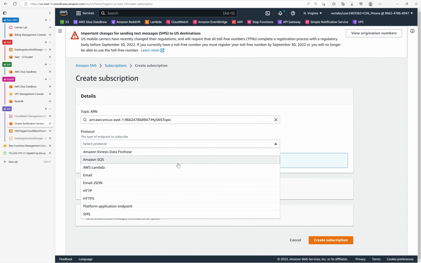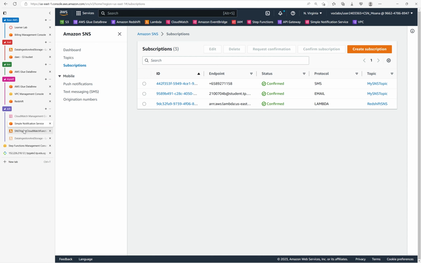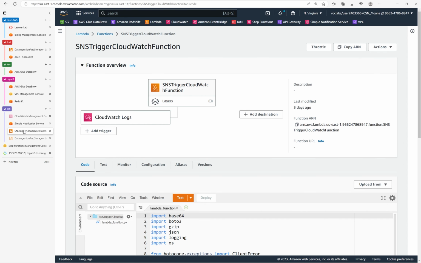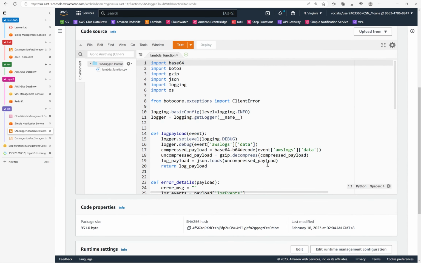Okay, then after that you have to enter in the relevant RAN, and then for this protocol we will just use email or SMS. But in this case we already created it, so we're not going to do that. Okay, so not done yet. We have two left, right? Now we move on to the Lambda function in order for this to work. In this Lambda function, we actually created